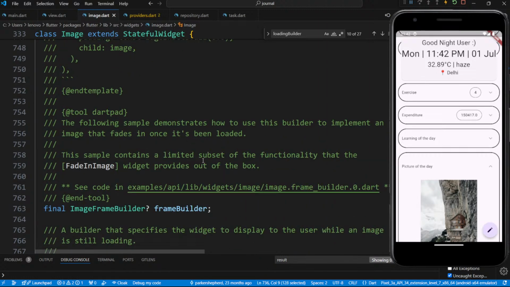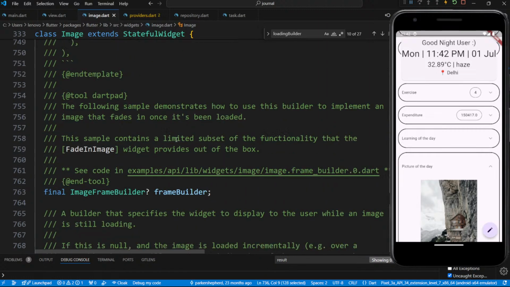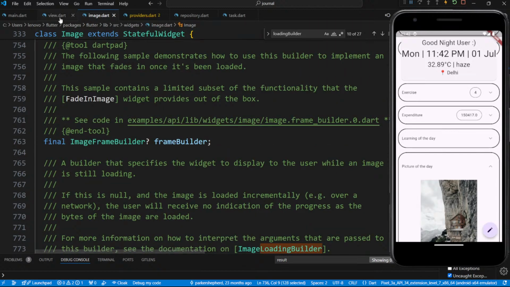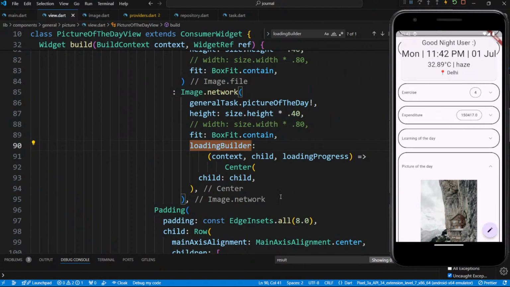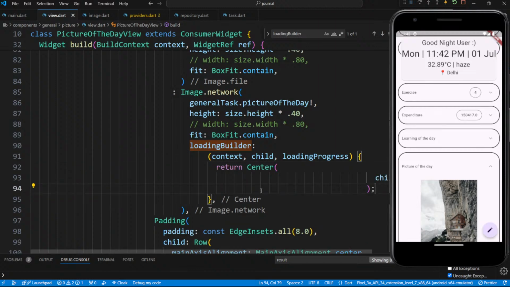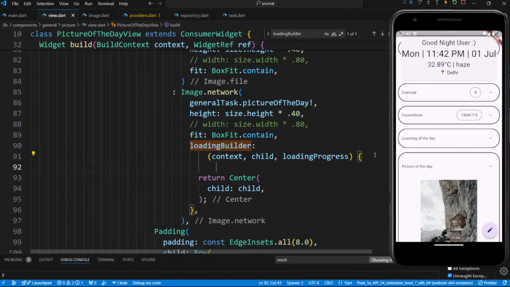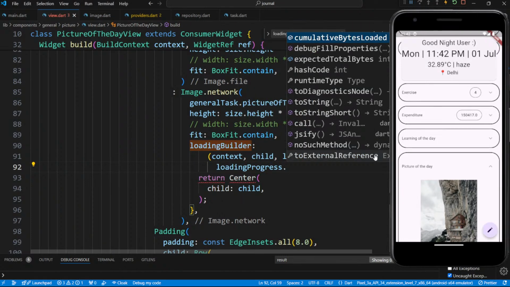The sample contains a limited subset. So this child is containing this loading progress. So what can we get from this? So if you see loading progress dot expected total bytes and